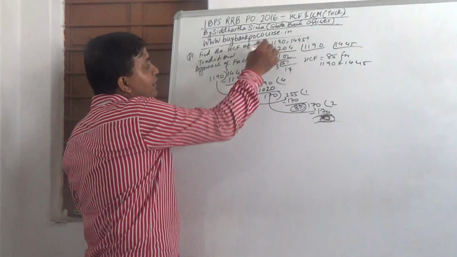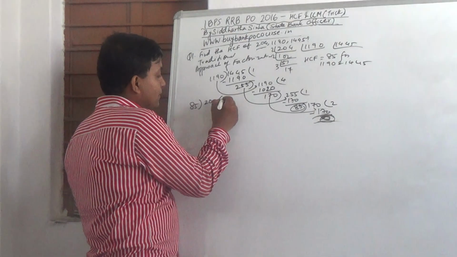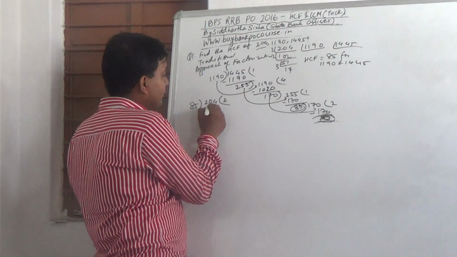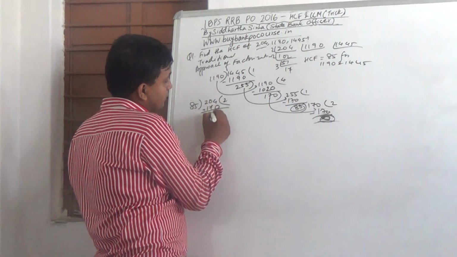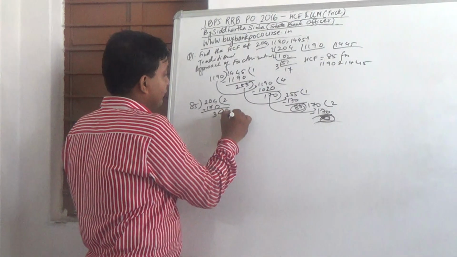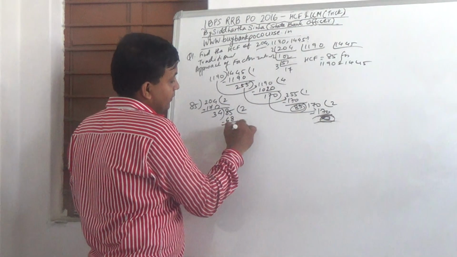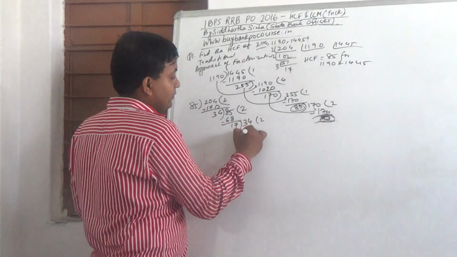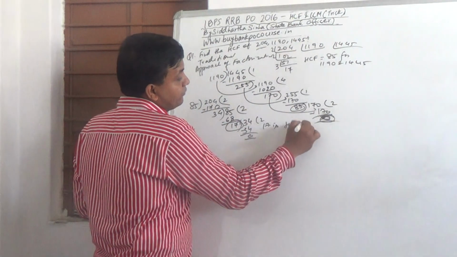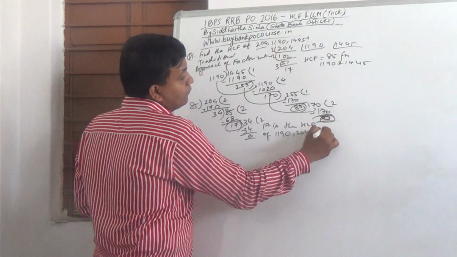Now one number is pending here, so put 204 here and divide by 85. It will go 2 times: 2 times 5 is 10, 2 times 8 is 16, 17, 34, remainder 34. 85 divided by 34 goes 2 times, 68, remainder 17. 17 is the remainder, 34 divided by 17 is 2 times, 0. So 17 is the HCF of 1190, 204 and 1445.